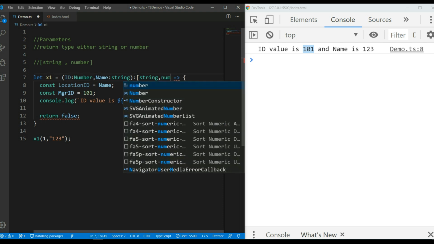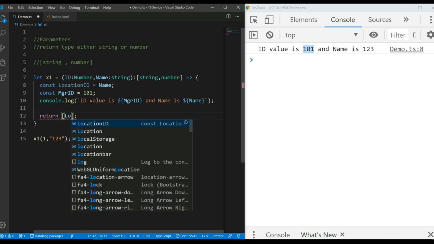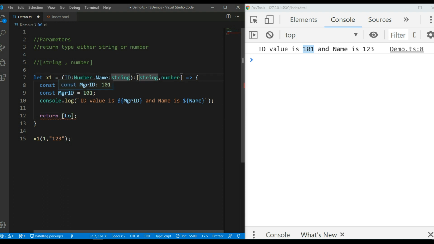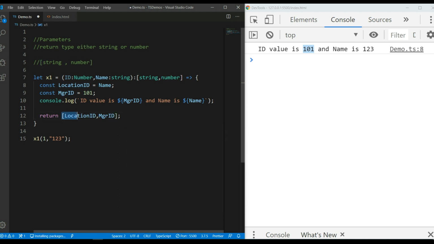or number. Okay, the return type here I made false, right? Here, number, which is expecting the first parameter of the string value return type. So location id is in this string parameter, location id and manager id. Here you see, it is expecting two different parameters. The tuple is expecting two different parameters, x1 which is going to give the parameters in the format of string and